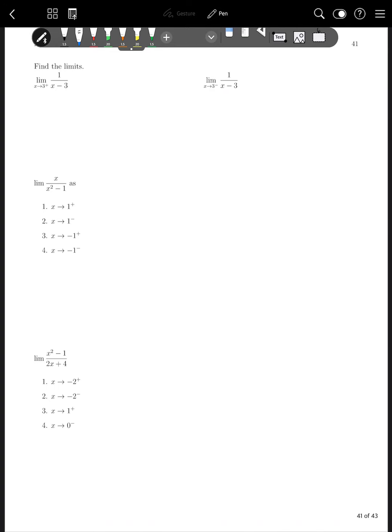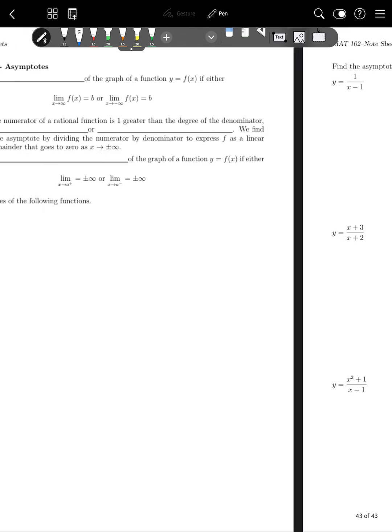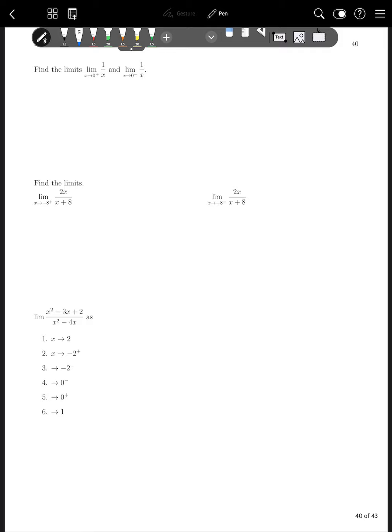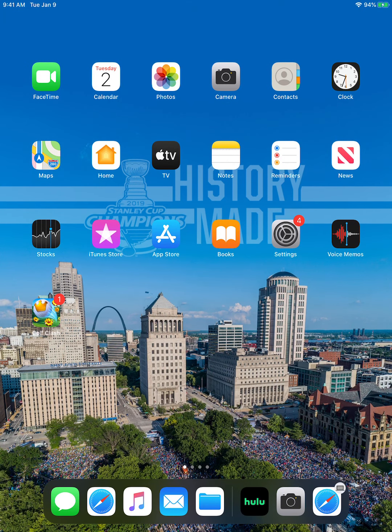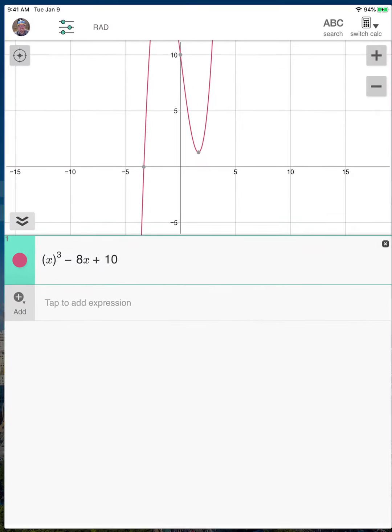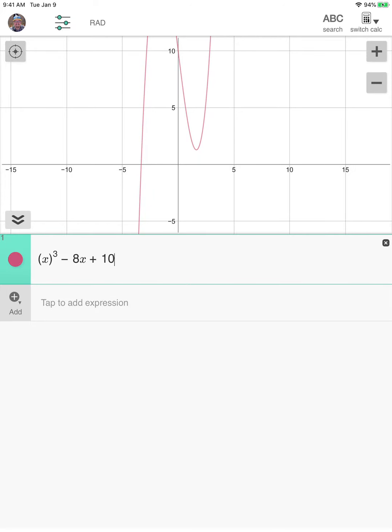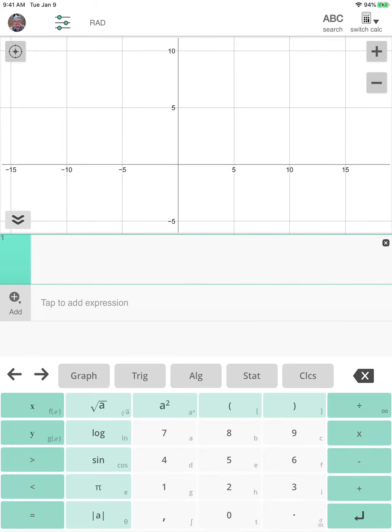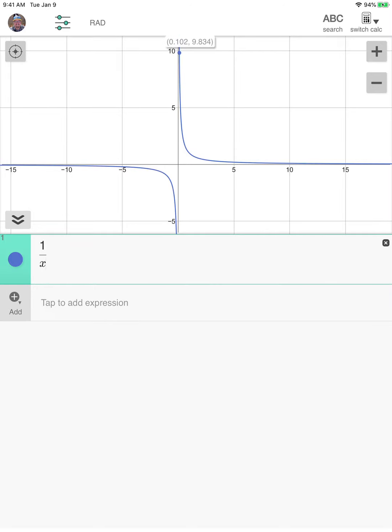Now what we want to talk about is what happens if instead of having the x approach infinity or negative infinity, we approach a value and the y values go to infinity or negative infinity. So for example, if I were to look at these two limits here, let's just go ahead and look at graphs of them because that's going to be the best way to do this. So if I bring up my ClassCalc app, or you can use another graphing app if you want, and I do 1 divided by x, as I get close to 0, notice what happens. On the right-hand side over here, notice that this tail is going up forever. If we zoom way out,